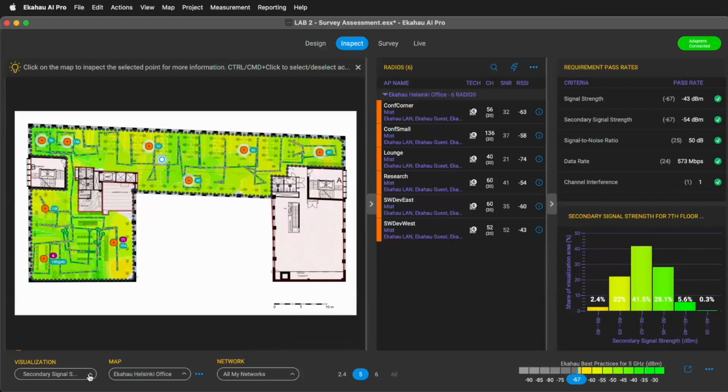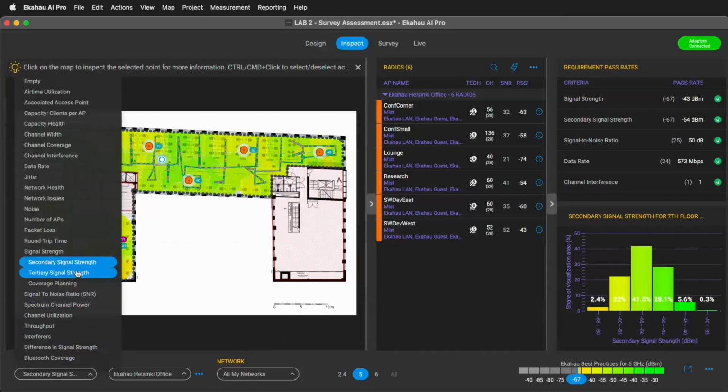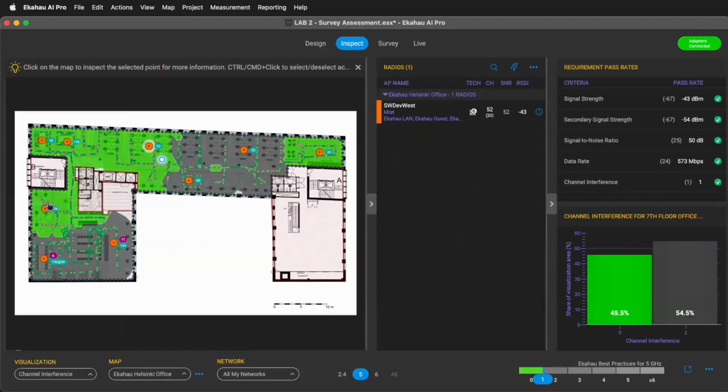Now let's move on to the second C, for channel. So let's do that again. Come over here and let's look at the channel interference. And oh no, we can see that in a few areas, even just on our own access points, we have got some channel interference. So over here, we've got 2 access points sharing the same channel, channel 60, which is causing some channel interference here. But if I look at what's going on over here, we've got one access point down here